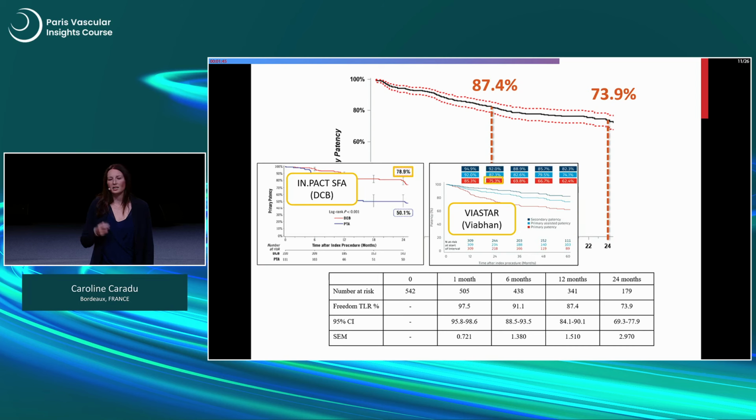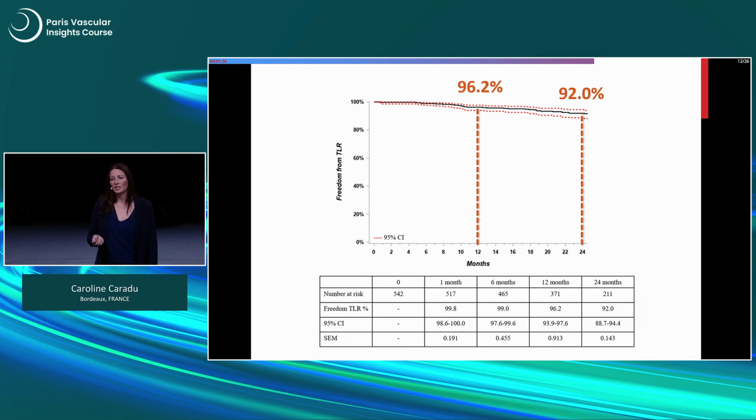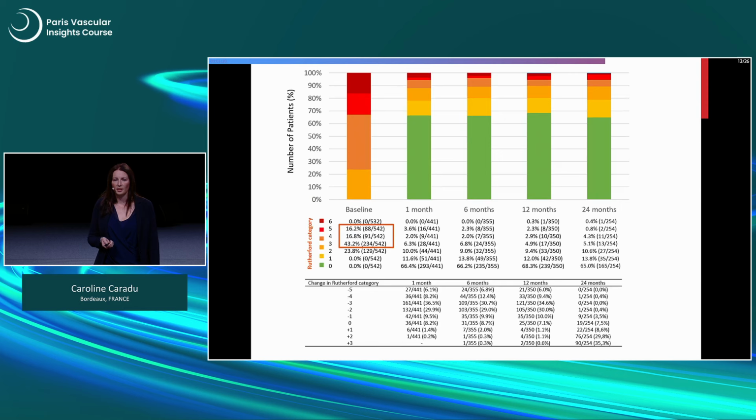But if we actually look at the results of the IMPACT-SFA randomized control trials with more simple patients and lesions, it's quite comparable. And if you consider that we had a 40% rate of bailout stenting, it's also quite comparable to results of covered stents, for instance, the recent results of the VIASTAR study. In terms of TLR, like I said, not much more after 1 year, so 92% rate of freedom from TLR at 2 years. And in terms of clinical data, you will see that we had an acute success right after